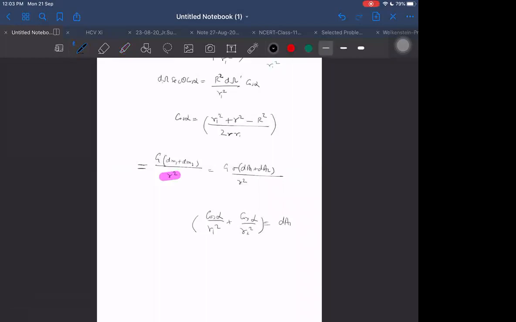Due to these two, it is coming out to be that much force along the center. Then due to all others also, it will be coming out to be that only. Then we will be getting the same answer. So let me see whether by this we are getting that or not.